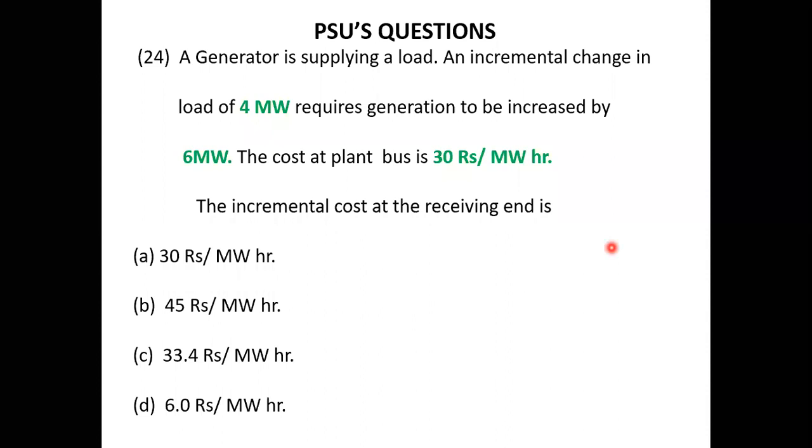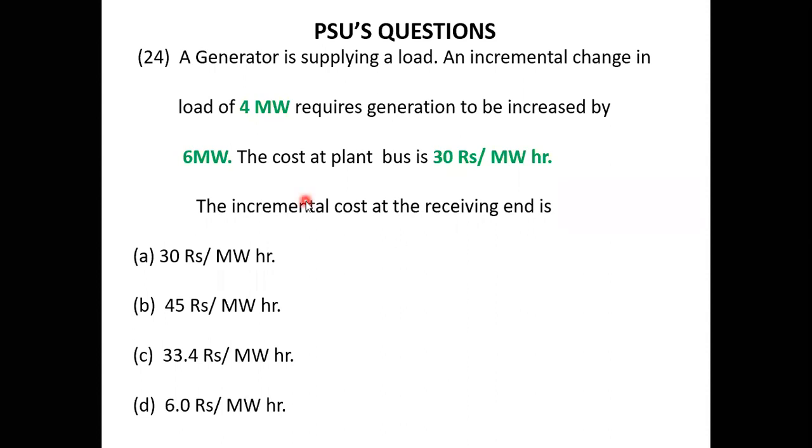18 series 244 is giving the answer J, 30 rupees per megawatt hour. 236 is also giving the answer J. So many people are giving the response that the answer is J. But this is some PSU's examination. One more is giving the answer D, roll number 18 series 243.